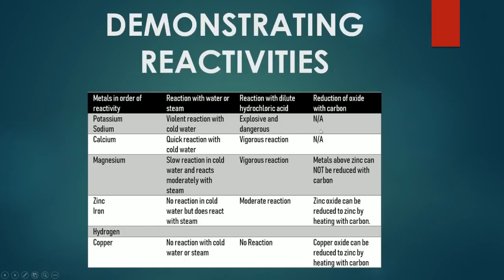The third column is the reduction of the metal oxide with carbon. So this is suggesting that potassium, sodium, and calcium oxides cannot be reduced with carbon, whereas zinc, iron, and copper oxides can be reduced by heating with carbon, and we'll take a look at this in a bit more detail because it can be fairly confusing. But ultimately, the fact that these metal oxides down below can be reduced by carbon is suggestive of the fact that they are less reactive than the metals above. Okay, so